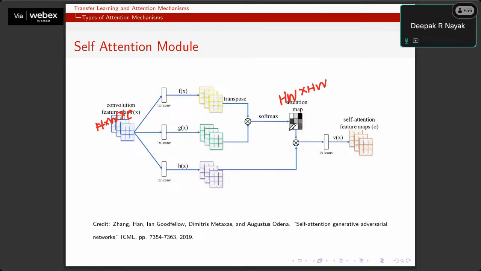We'll talk about how to get this, and how it projects the input image into 3 different projections. We call them key, query, and value: query projection, key projection, and value projection. So how to get these? You apply a 1 cross 1 convolution over the input to get these 3 projections. After projections, what you get is H cross W cross C for each. You can just resize it to